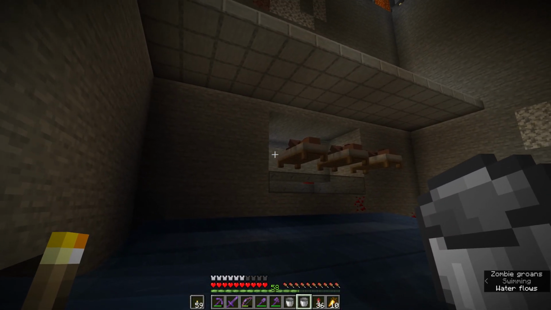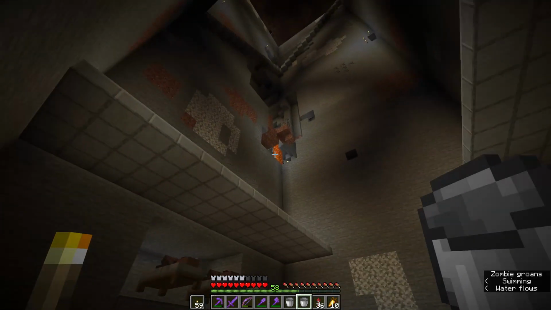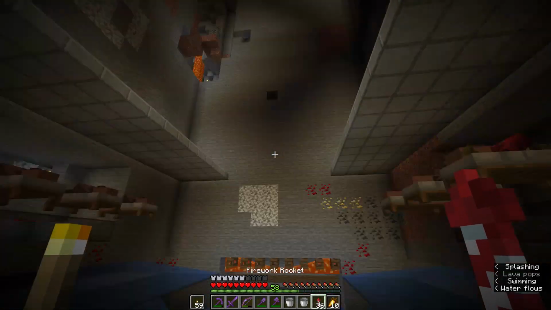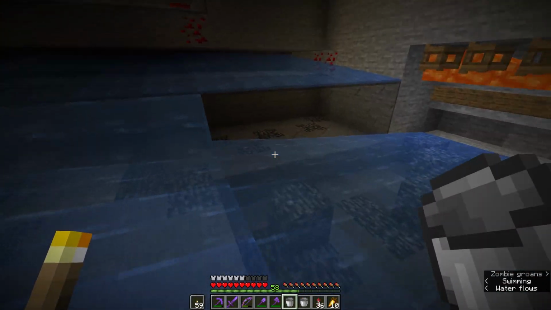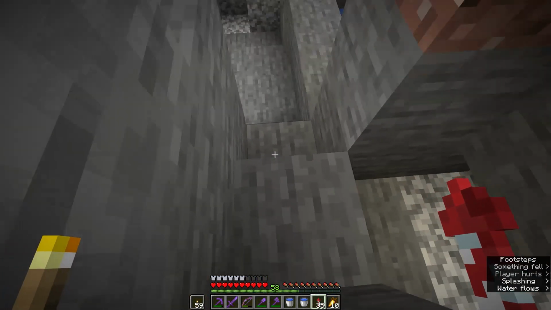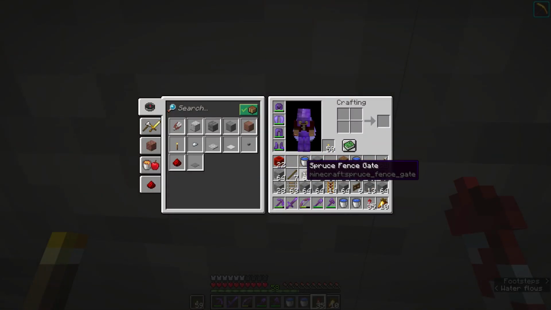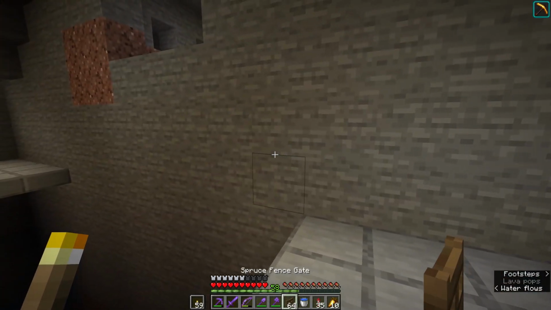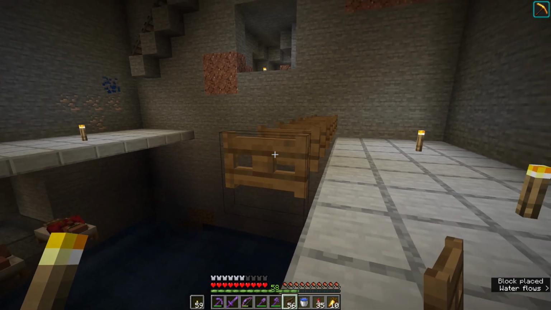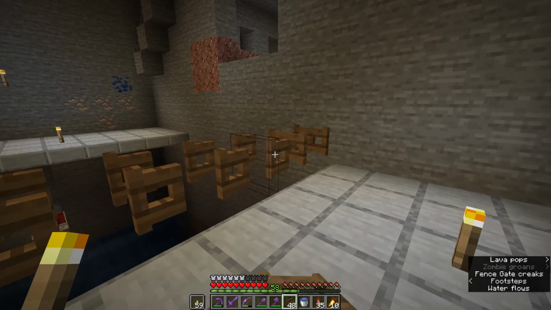Now, I had to block off the area with the zombies so that these guys weren't panicking the whole time, just so that I wasn't getting any iron golem spawns. But now I should be able to, actually, while I'm here, may as well get some spare water. And now what I should be able to do, if I don't die by throwing myself into a wall, is just get these spruce fence gates like this. And if I come along here, like so, and open them all up,